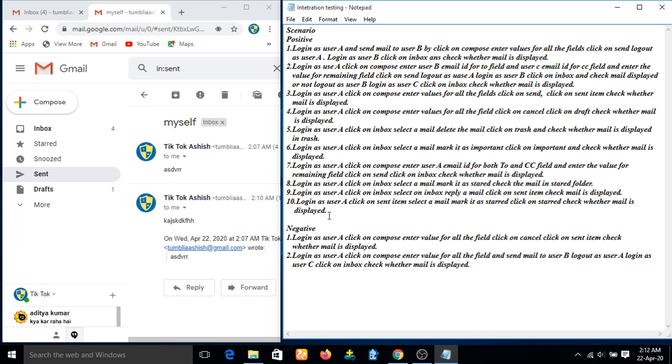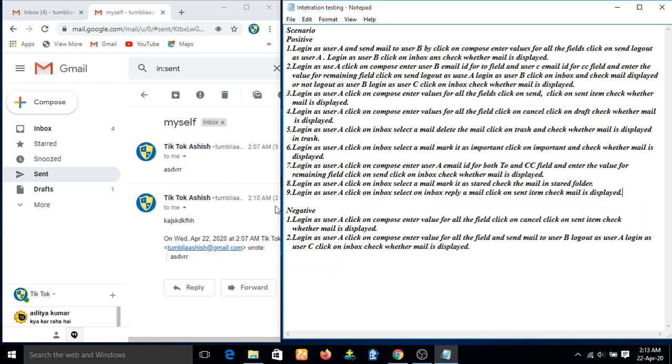So before testing it, you just have to review your scenarios. Without reviewing your scenarios, you should not test an application, because if you don't review them, then there might be duplicate scenarios, and if you test those, it will take more time to test an application. So the time consumption will be more, and the optimization testing you cannot do. That's why you have to remove the duplicates. Okay, so these are all the positive scenarios, and I have already shown you how you can do the testing for positive scenarios.